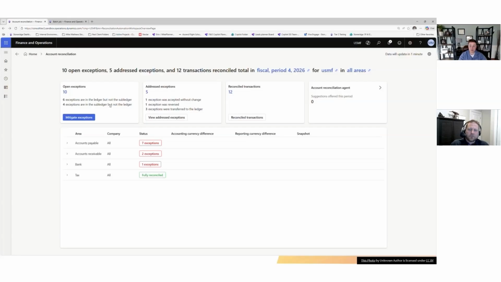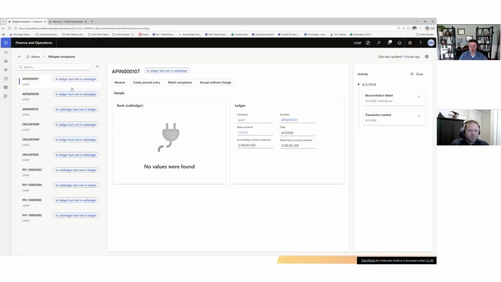Today, we're going to focus primarily on these addressed exceptions, but if you want to learn more about those reconciliation suggestions, reach out to one of the Stoneridge folks. We'll be happy to walk you through what those can look like. So below is the main area. You're going to see an overview or status of those exceptions. It is broken up by company as well. So if you have this running across multiple legal entities, you'll be able to see the number of exceptions for each. To address them, you can click on the particular area with the exception tag, or you can select the mitigate exceptions,